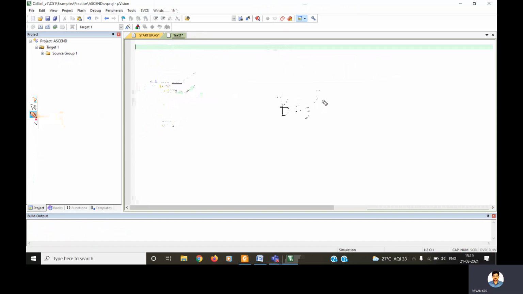So 5, 3. What happens? Generally, whenever this type of statement is given in this order, it means checking whether 5 is greater than or equal to 3. The comparison will start with 5 and 3. Internally, 5 minus 3 will happen, because the comparison operation is also one type of subtraction operation. Since 5 is a larger value than 3, there is no need of generating any borrow or carry.